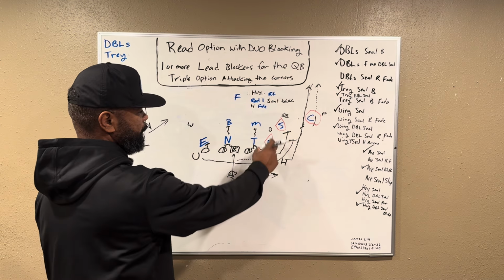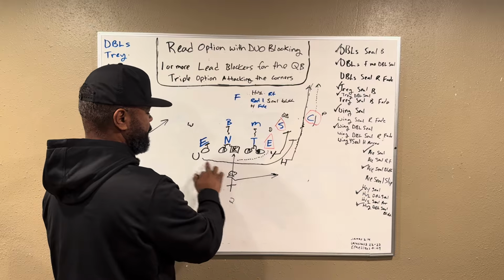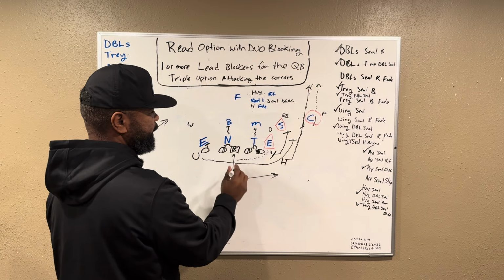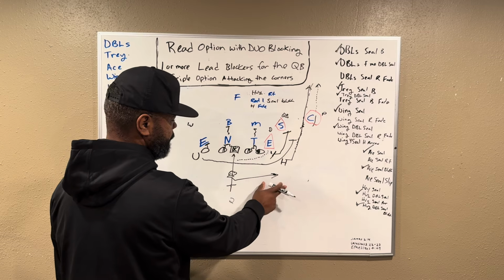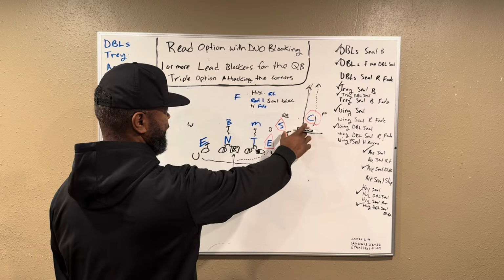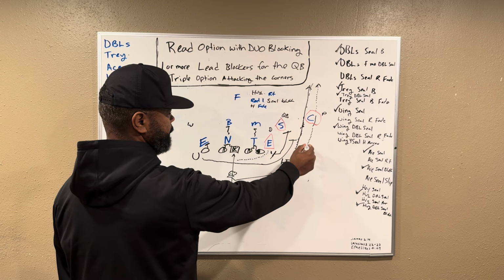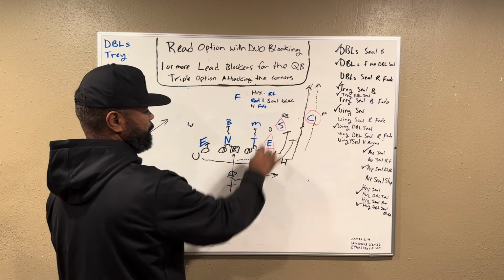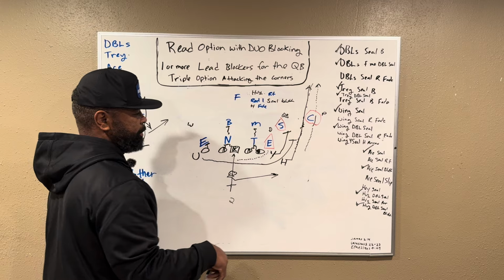We're reading him. Quarterback player, seal block, bring the U from the backside, support, quarterback, pull, run. If we like it, just take off, of course. Eyes on the corner. Corner comes up, throw it over his head for a big gain or a touchdown to the H. If he stays